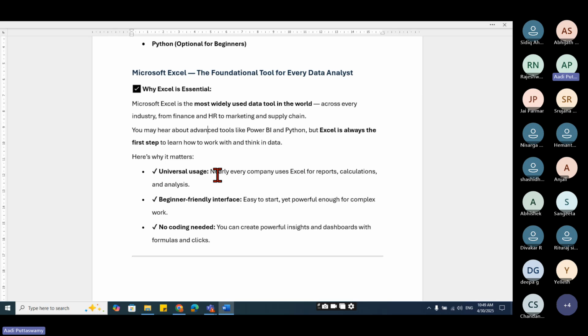I'll tell you, that day itself, in 2012, I had told many people that Excel will become the biggest tool, because I knew data analytics would grow much bigger, and I said Excel will be the topmost application. So that's what I'm telling you, people. Please make sure that you learn Excel and master it first. I'm not saying don't learn other tools. Other tools are required, but Excel is a must.